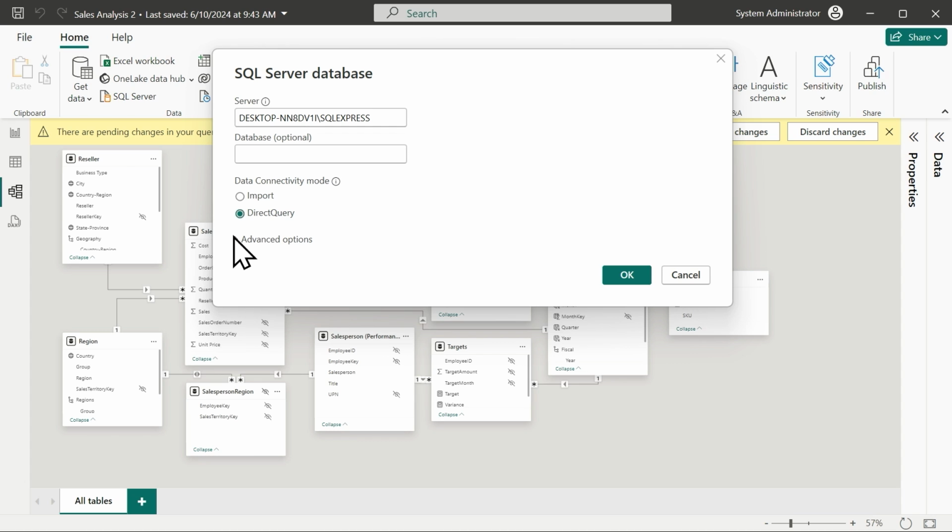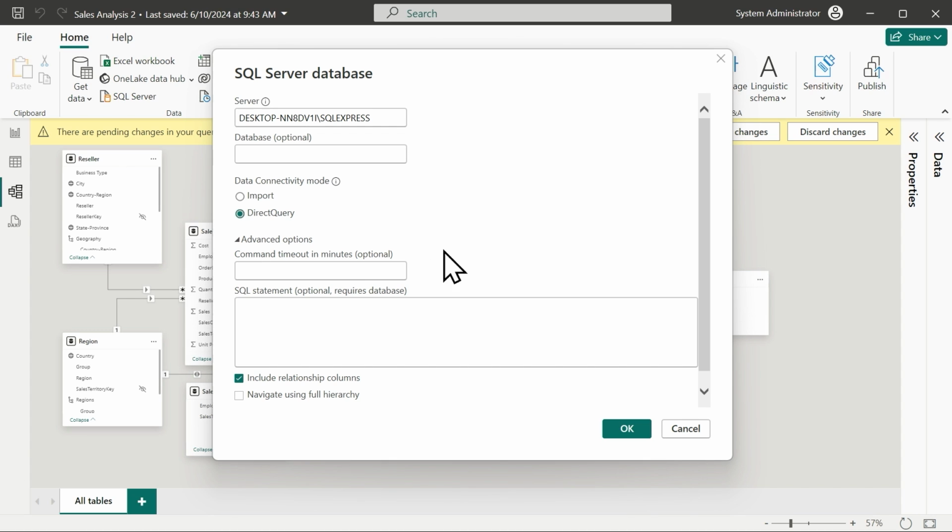The other thing I can do is go into advanced options here, and I can write in a SQL statement to query that data source if I wanted to go that route. Maybe I have a view that's been created on that SQL Server that I want to call from here, or maybe I just want to write a SQL statement that does a select with a where clause.